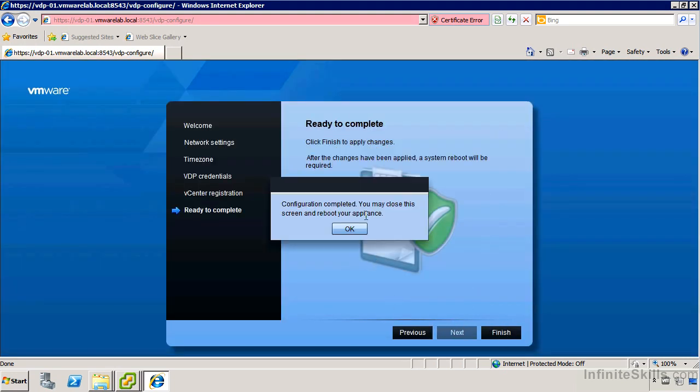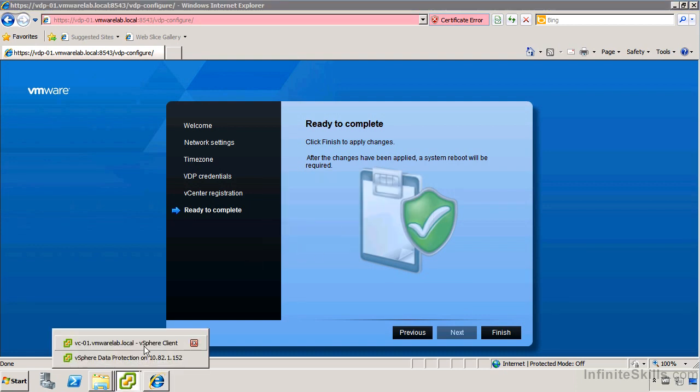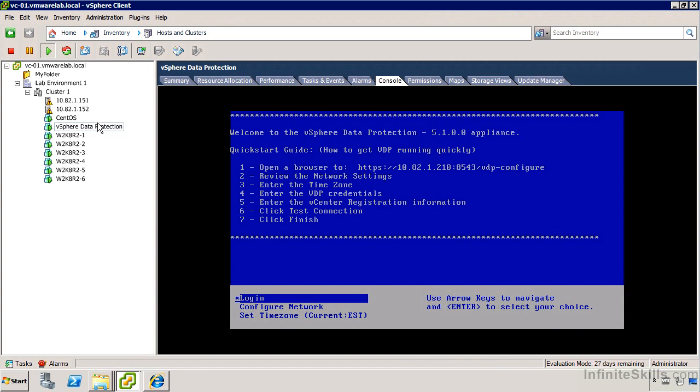Now it says that I can go ahead and reboot the appliance. It's not actually going to reboot the appliance though, so I'm going to need to go ahead and shut it down through the normal processes. I suppose before I do that though, if we go onto the console, you'll see there is an option to log in, and if you log in as root, change me or whatever password you've assigned, after you restart it,